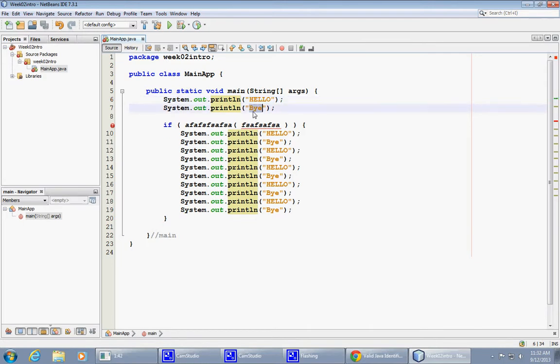Hello and bye are not identifiers. They are literal strings, just text expressed in the program as is directly, and it's called a string literal. And we will discuss strings in the future. Now, those gibberish words of non-existing things, from the compiler standpoint, would be looked at as some sort of an identifier. And if I try to save this program, which is already saved, and try to maybe compile it,